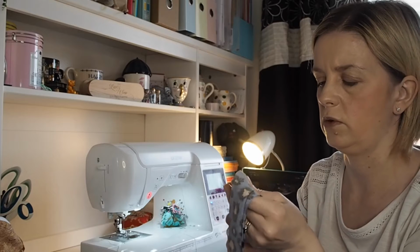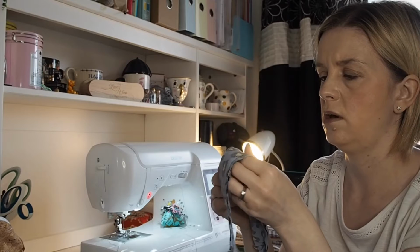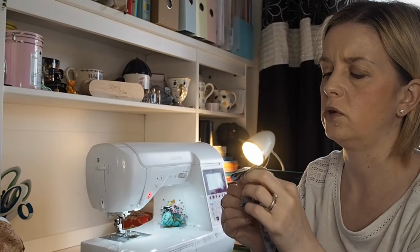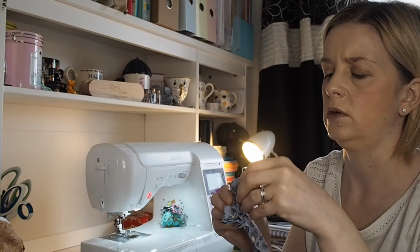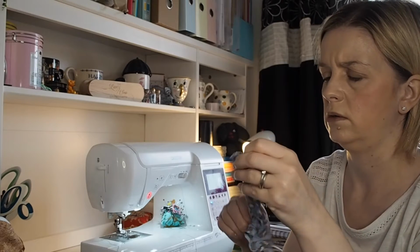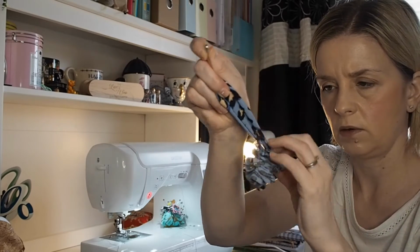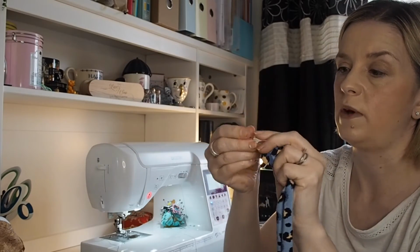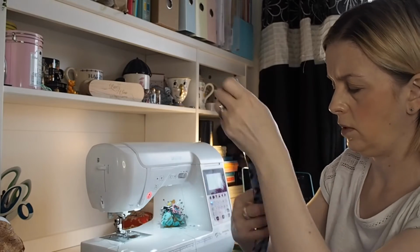So this just takes a few minutes just to pop that through there. These are only quite short ties, so I don't know what I would do if I needed to do a longer strip. So you see that it's starting to get, I've got hold of the safety pin now and I can just pull that through. So I do find that quite an easy way to do it. So I've done one,